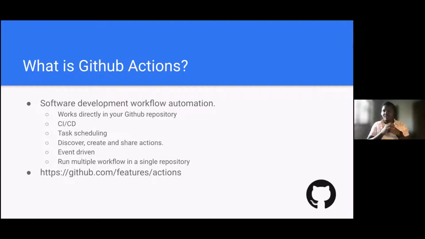So what are GitHub Actions? At its core, GitHub Actions enable you to automate your workflows. A typical workflow would entail something like write your code, push the code to the repository, have some scans on it, build your code, test your code, and then push your code to production or push an image to a repository. These are workflows. And then it's also possible to have some task scheduling and what you call CI/CD. Some of us might be familiar with that infinity symbol that is usually used to describe DevOps. In that flow, you have build, you have test, you have deploy,